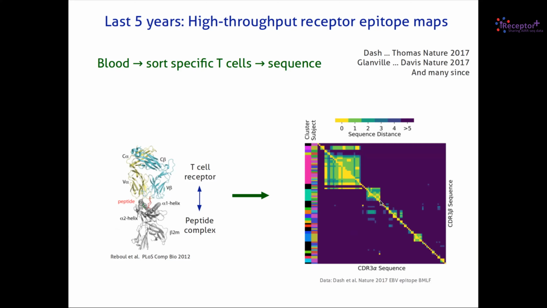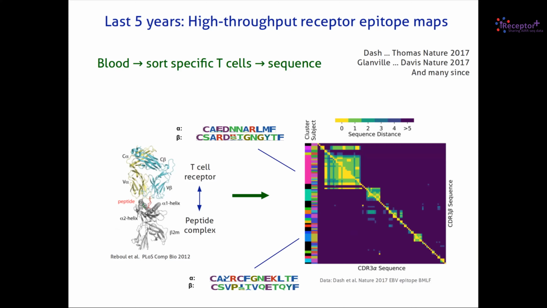And what is quite apparent is that there's a lot of structure where sequence similarity to an extent predicts antigen specificity. And so one common approach coming from the computational field has been to use that sequence similarity to do clustering, to look at the various sequence logos of these clusters, to define what are the sequence determinants of the set of T cell receptors that bind to one